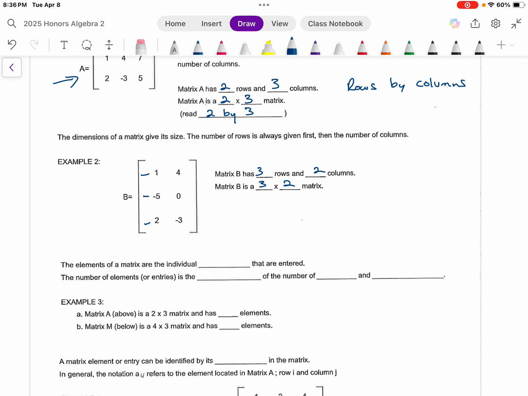The elements of a matrix are the individual values on the inside. So these numbers right here. The number of values, the number of elements or entries, is the total of the number of